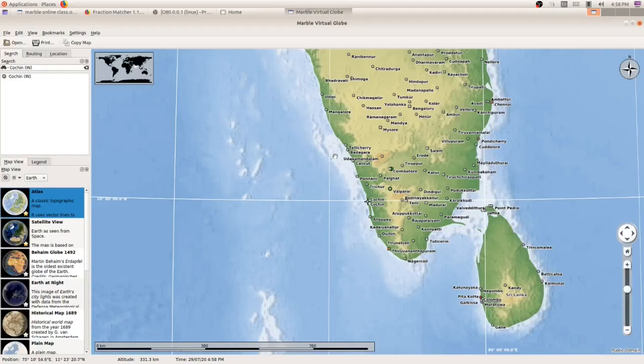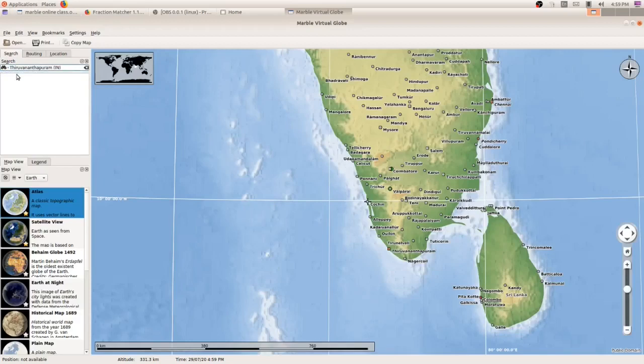Suppose I want to find the distance between Thiruvananthapuram and Calicut. In the search box I type the first place, Thiruvananthapuram. It is already showing here.